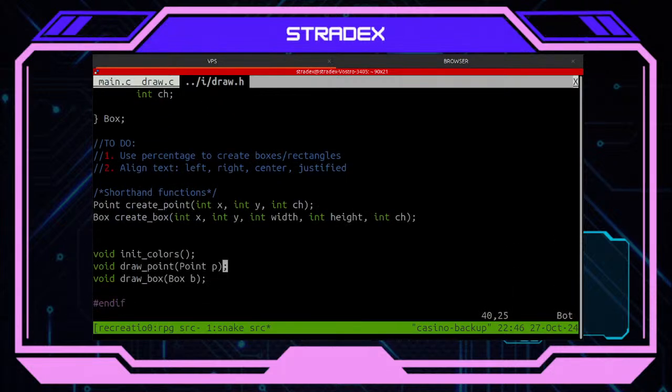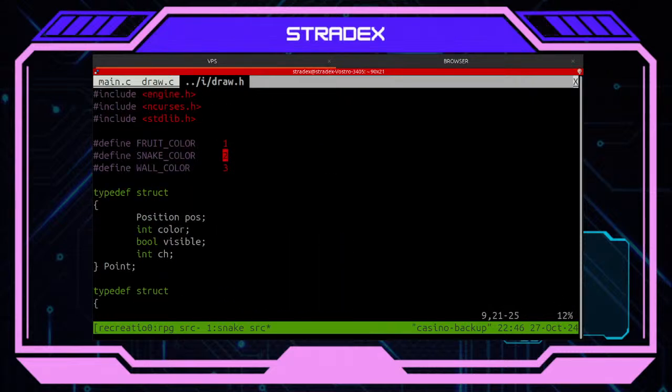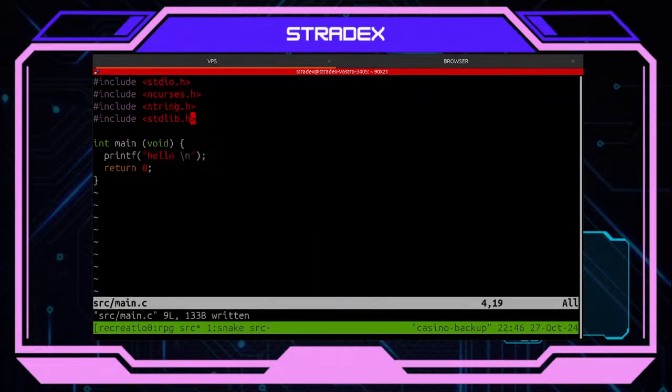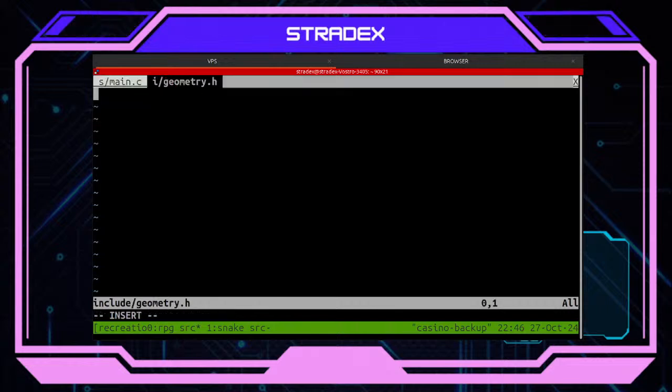Let's go init colors. Okay, I want some basic strokes that I am going to probably use. So let's go with the basic strokes that I will be using here. Let's call this geometry.